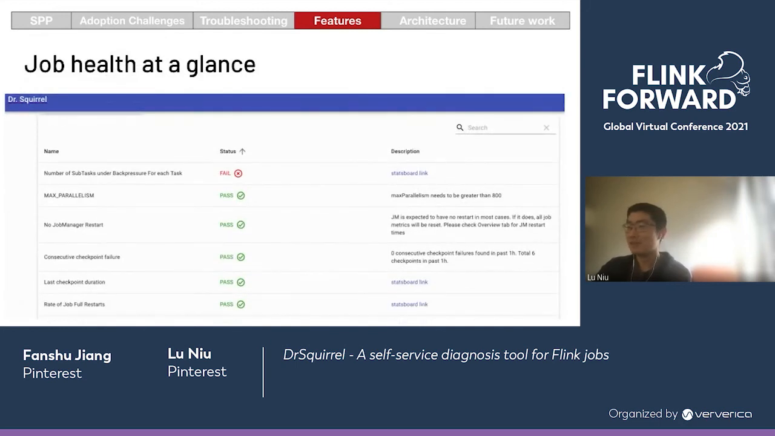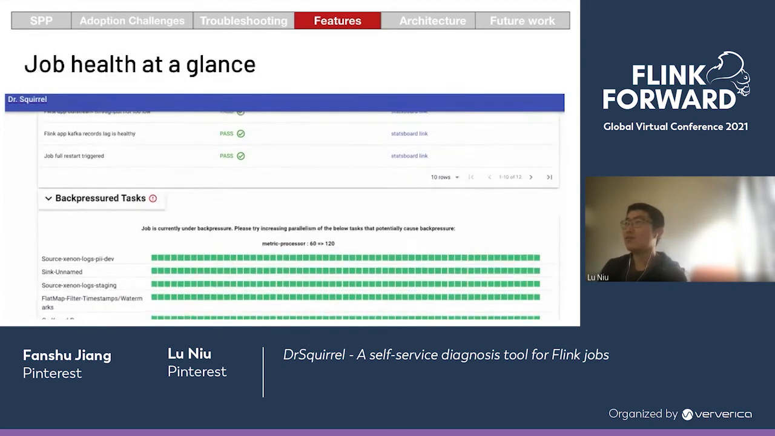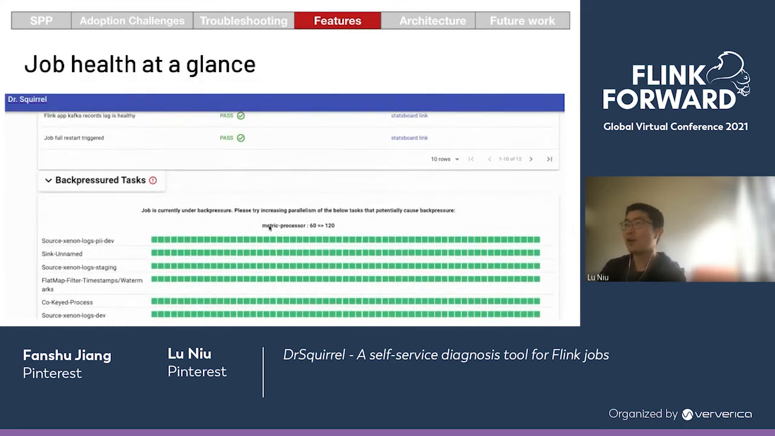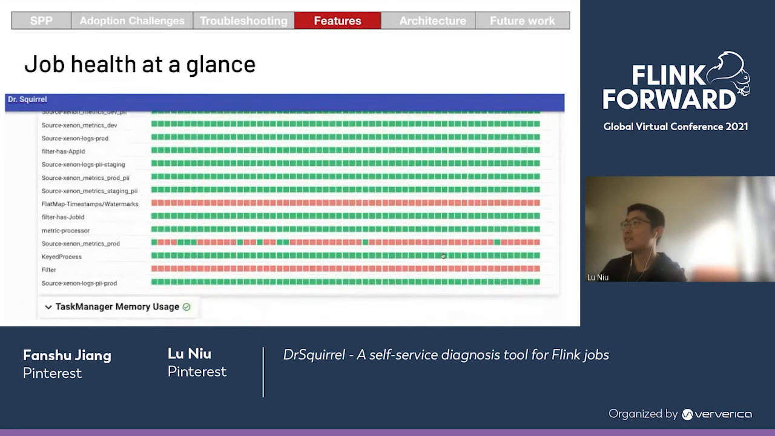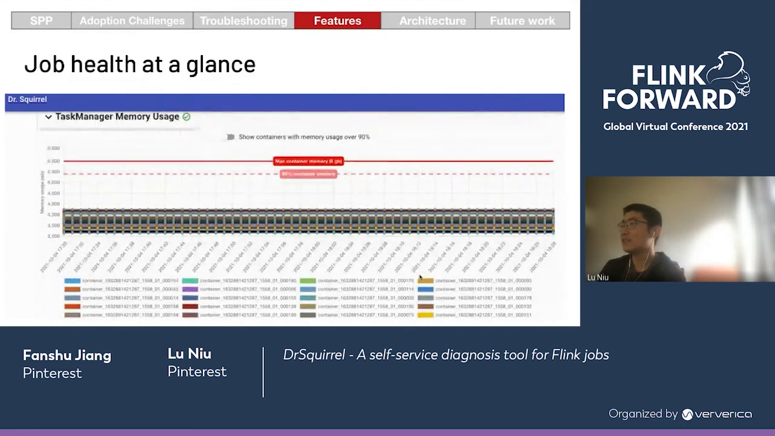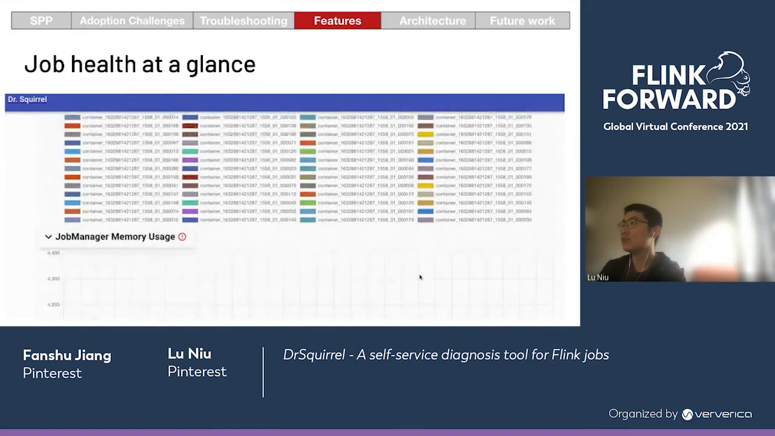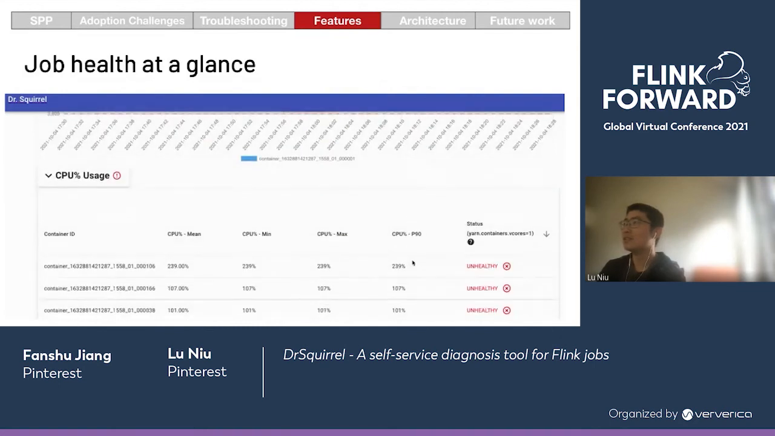Next. We provide lots of health checks, including back pressure, throughput, memory, CPU, data skew, etc. In this GIF, you can see user can easily view job health and how to fix issues and how to